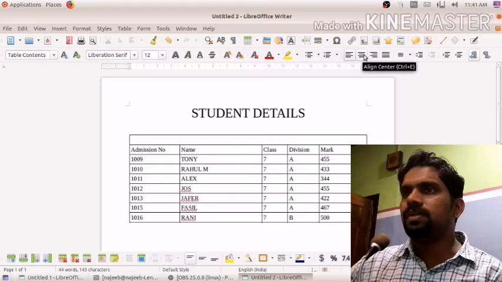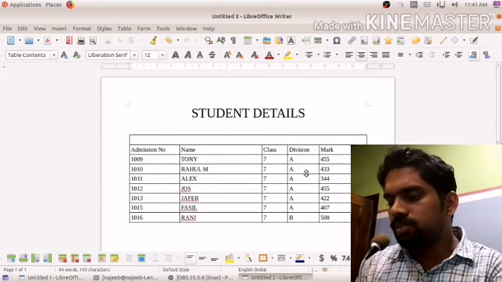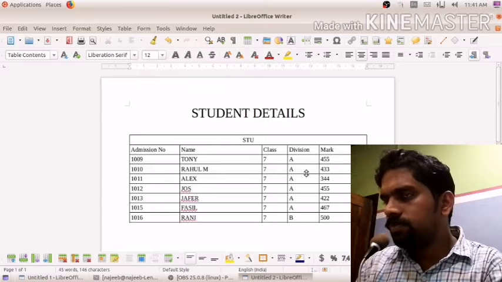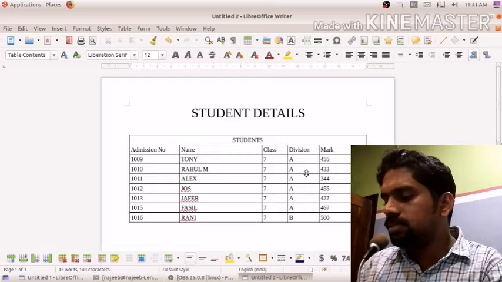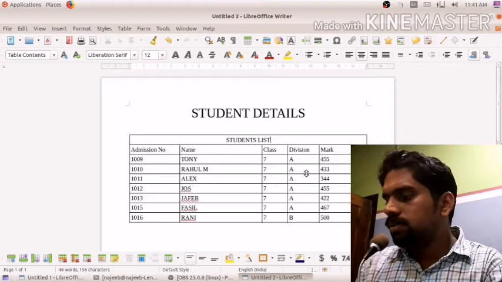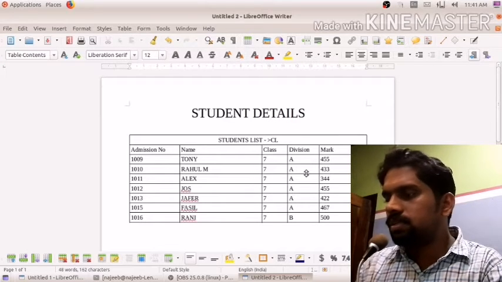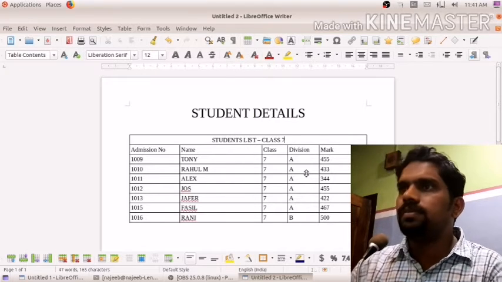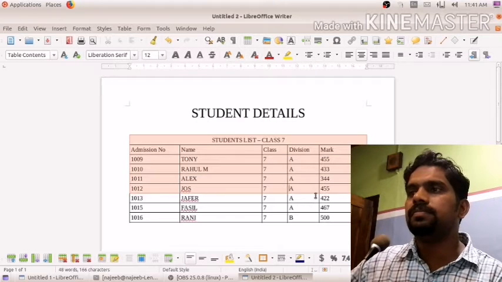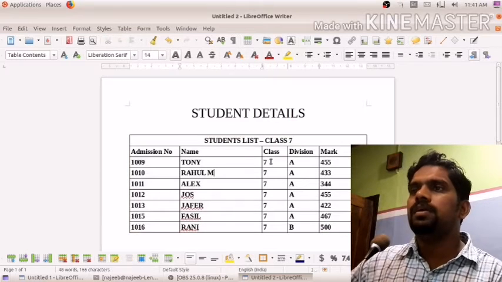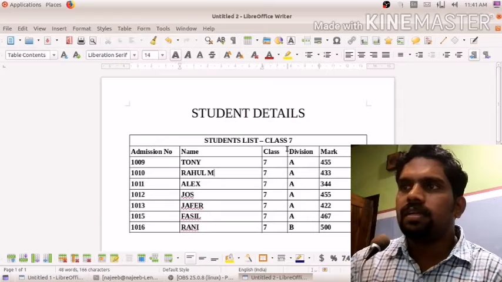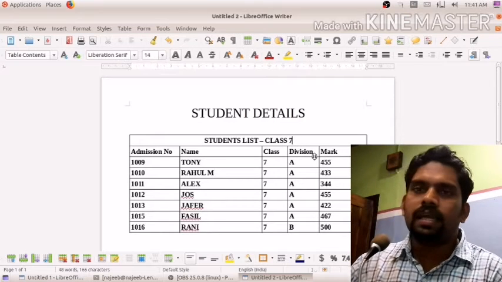Then we can take center alignment, then we can write Students List Class 7. Okay, we have written it like that.